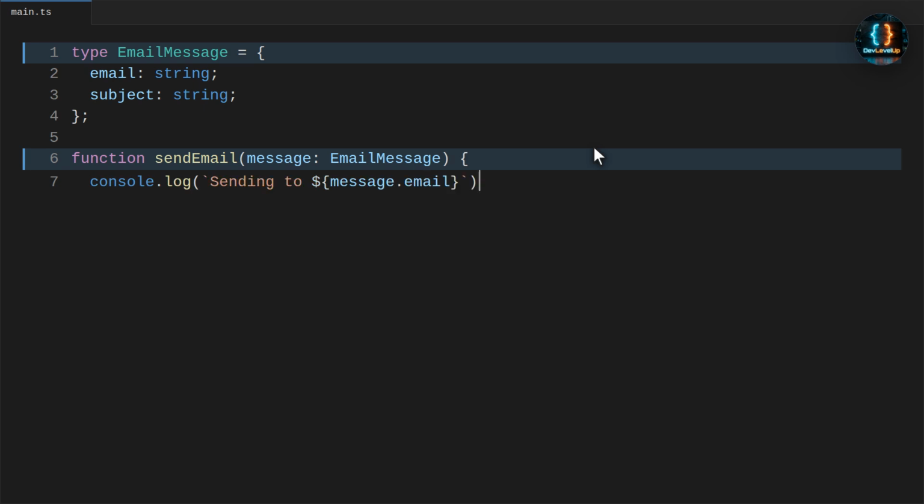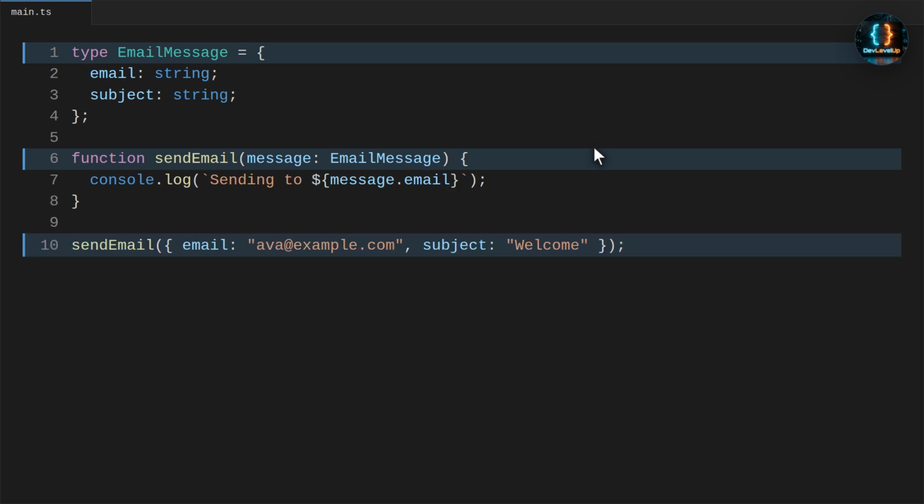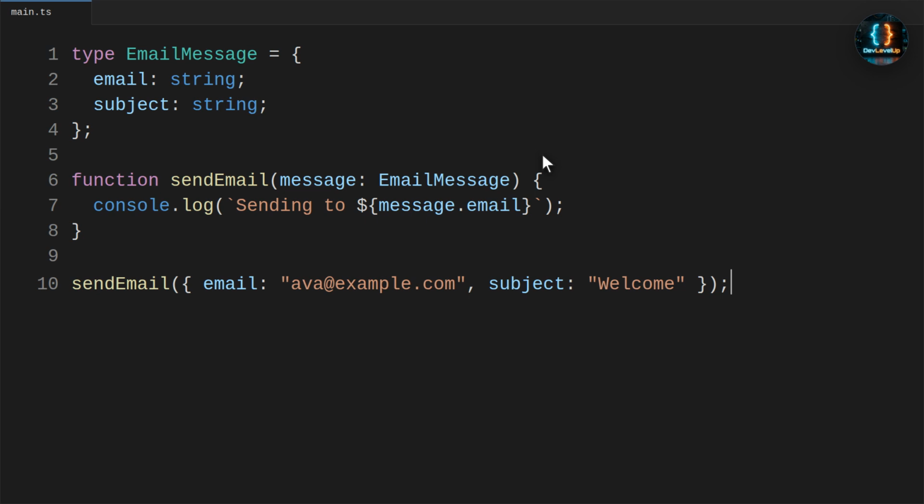Now we fix the object shape and remove the suppression. The caller sends email, which matches the function's type. When we run it again, the correct address appears in the output. The best practice is to treat compiler errors as design feedback. Fix the mismatch at the source instead of hiding it. If you intentionally test an invalid type, prefer @ts-expect-error so the test fails if the error